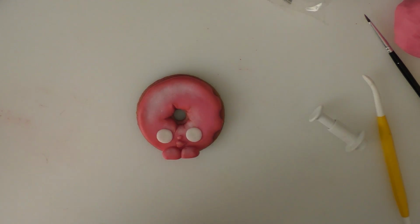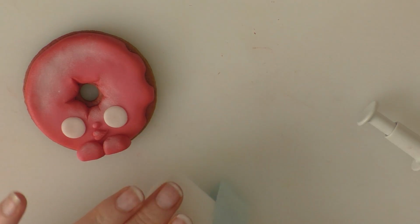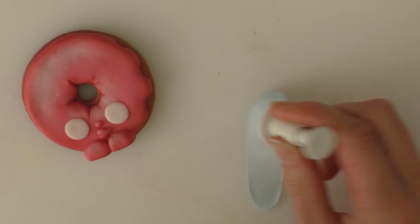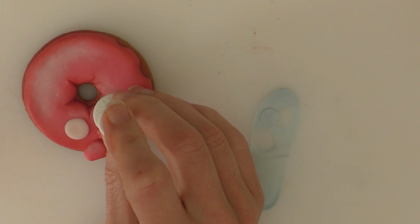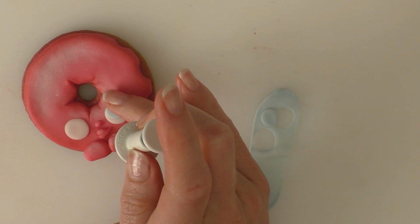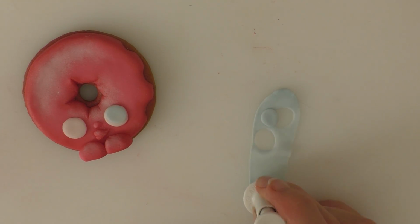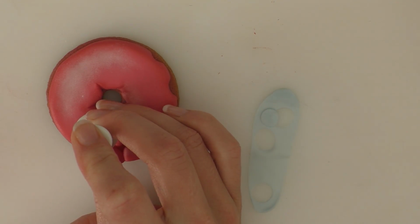So we're going to use a pale blue now for inside the eyes. So I've got a really pale blue that we're just going to roll out nice and thin, and we're just going to take the round cutter again and we're going to try and place this within the white that you've just put on. I'll just cut another one because it's easier if you can get it to stay in your cutter and then push it in place